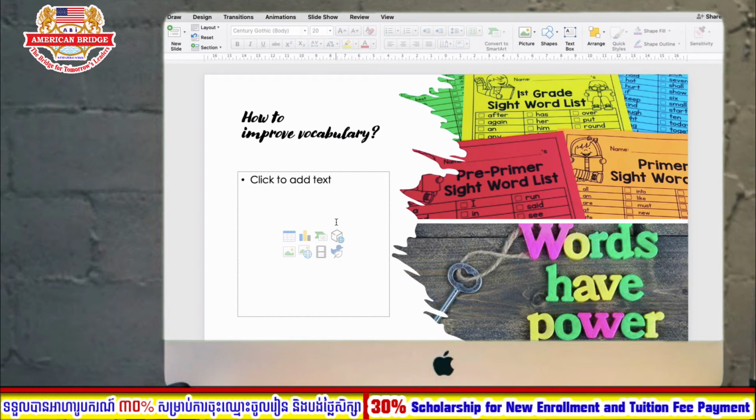Another important tip that is very helpful as well: when you highlight the words from the books that you read, make sure you have your vocabulary list. Mostly when I was a student, I liked to keep my vocabulary list alphabetically. Let's say the words that start with letter A, I have 300 words. The words that start with letter B, I have 200 words, and so on and so forth. So I liked to keep the vocabulary list alphabetically, but it is not really effective to recall those words. The most effective